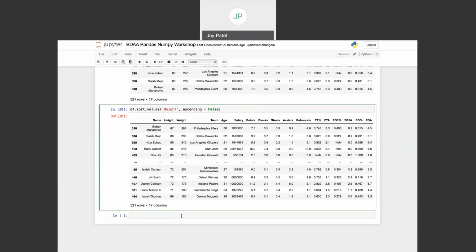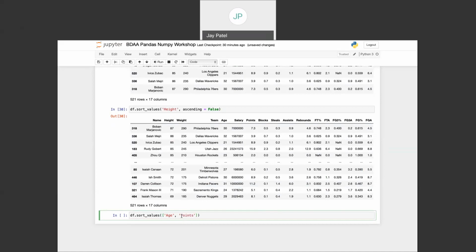Now say you want to sort on more than just one attribute. So let's say we want to sort values on 2 different parameters, let's say, age. So what you do is open parentheses after sort_values like normal. And since now there's going to be 2 arguments, you do a list inside here, and inside this list is where you put the columns. So we want age, and we want points,